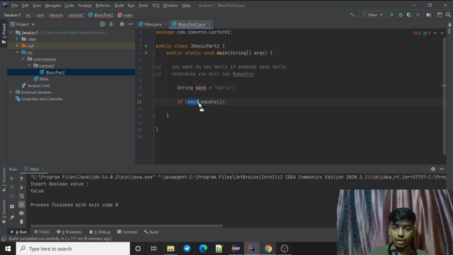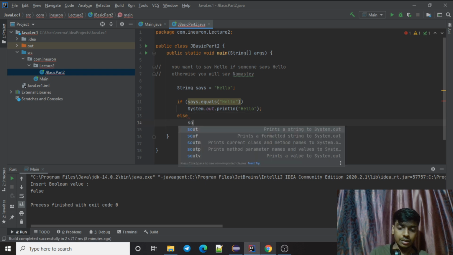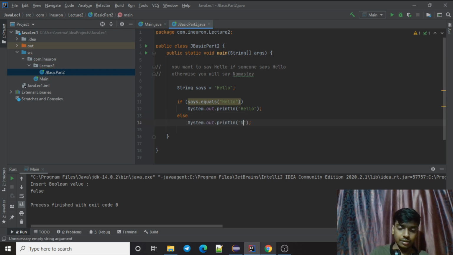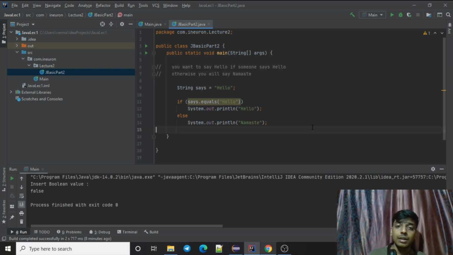This already has a value which is hello. Now if it is equal to this string, in that case print hello, else print namaste. I think that's how you say namaste, right?